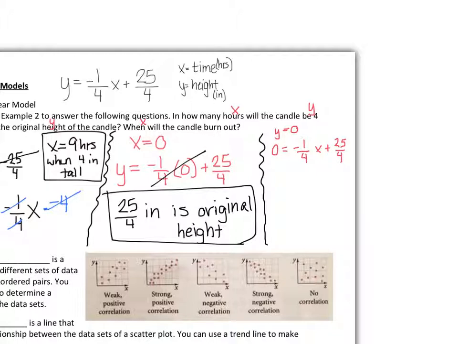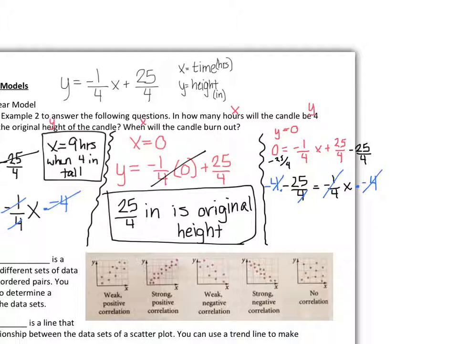Work this the same way we did the first one. So we're going to subtract 25 over 4 from both sides. So we get negative 25 over 4 equals negative 1/4 x. Multiply by the reciprocal, which is negative 4. It all cancels on the right side. On the left side, the 4's cancel. We still have 2 negatives, so that makes